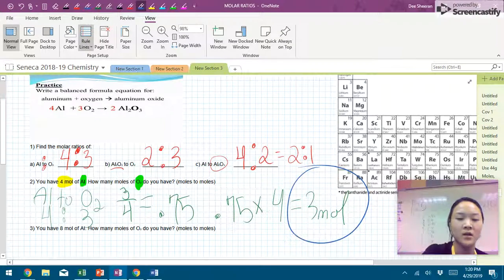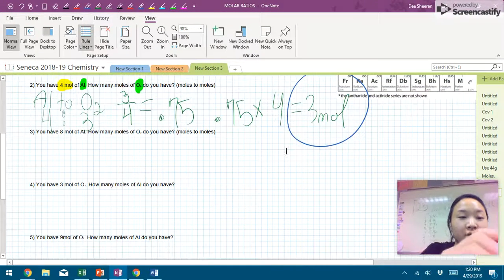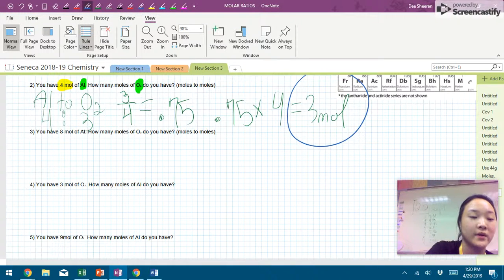So, if you want, you can pause the video and try and do number 3 on your own. It is another moles to moles problem. So I'll give you the chance to pause now. And now I'm going to go over how to solve this problem. So, first thing you do, as you should have done in the problem you did independently, is